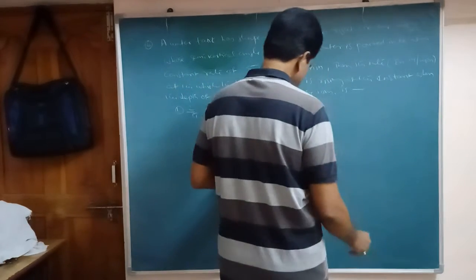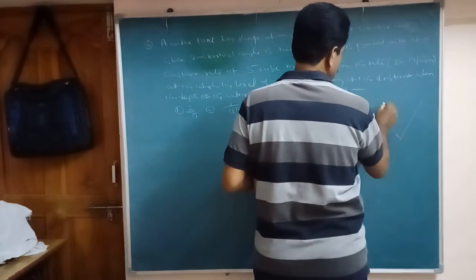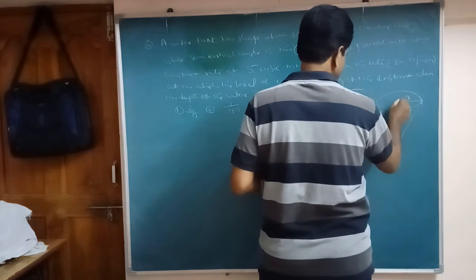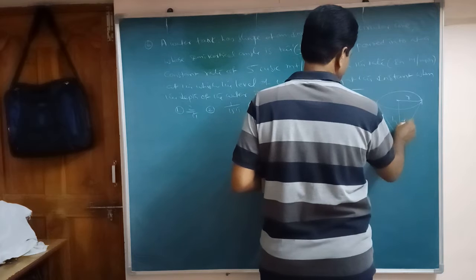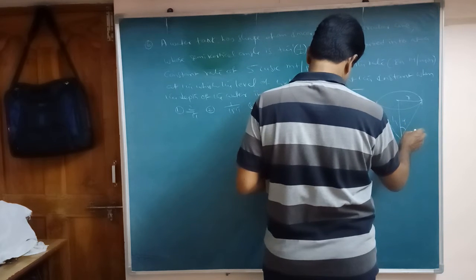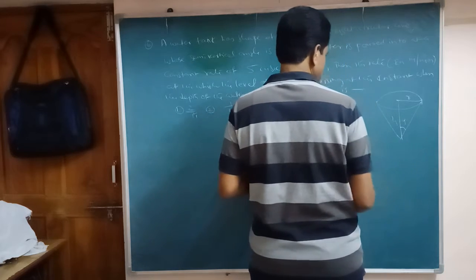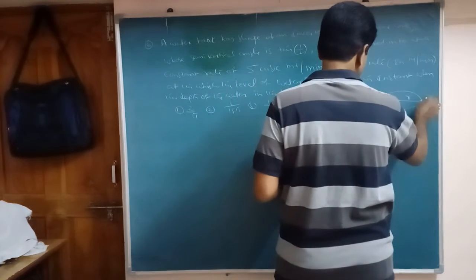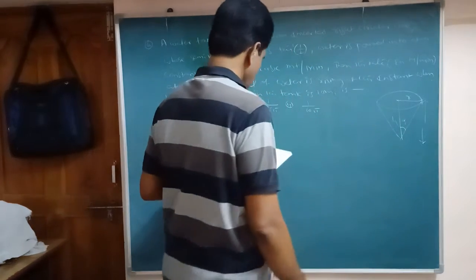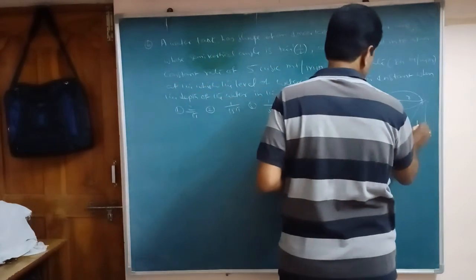So what is given here? A cone. The upper circle has radius r, and the height; suppose the angle is alpha, and this is the slant height. This is the total height. Height equal how much is given here? 10. Height equal to 10.